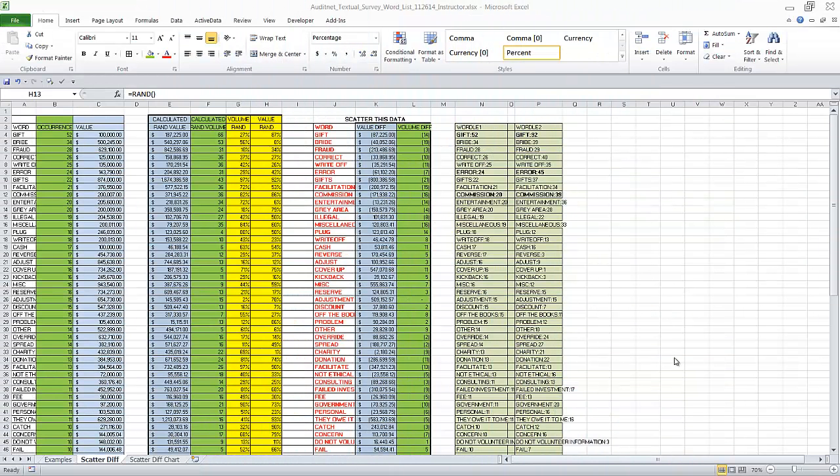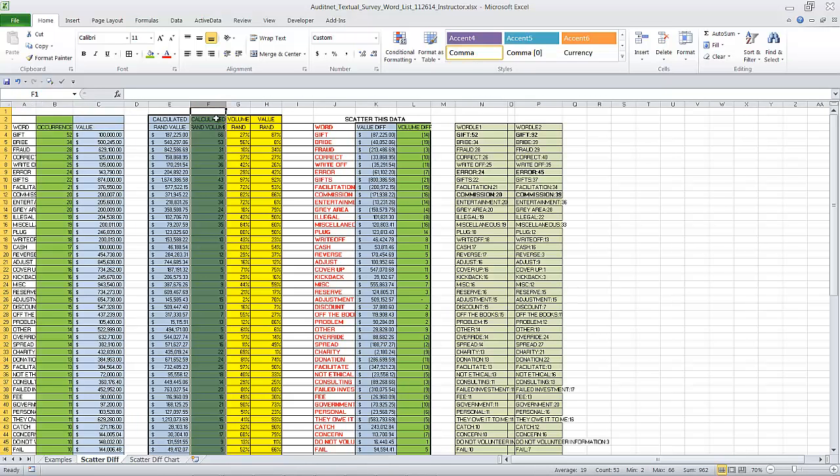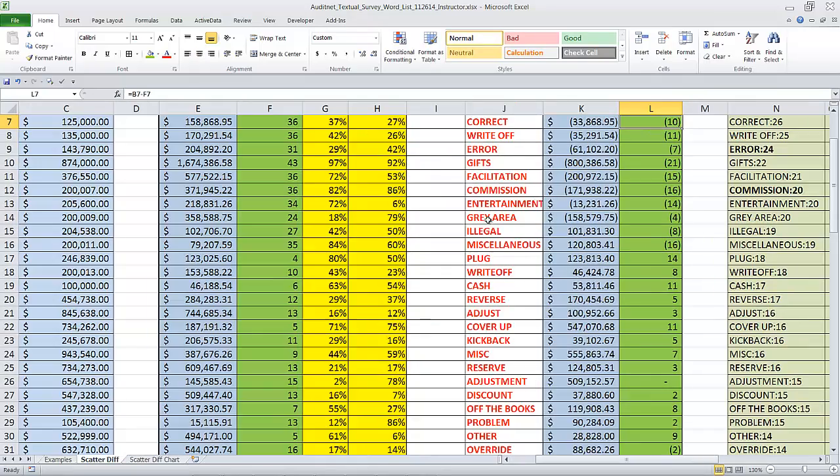Taking a look at this list of numbers, we can see that we have over on the left-hand side the word, gift, bribe, etc. And then the occurrences or volume of that word are showing up in green. And we have period 1, and then let's say last period over on the right here. Then the value is in blue. So now just scrolling in a little bit more into